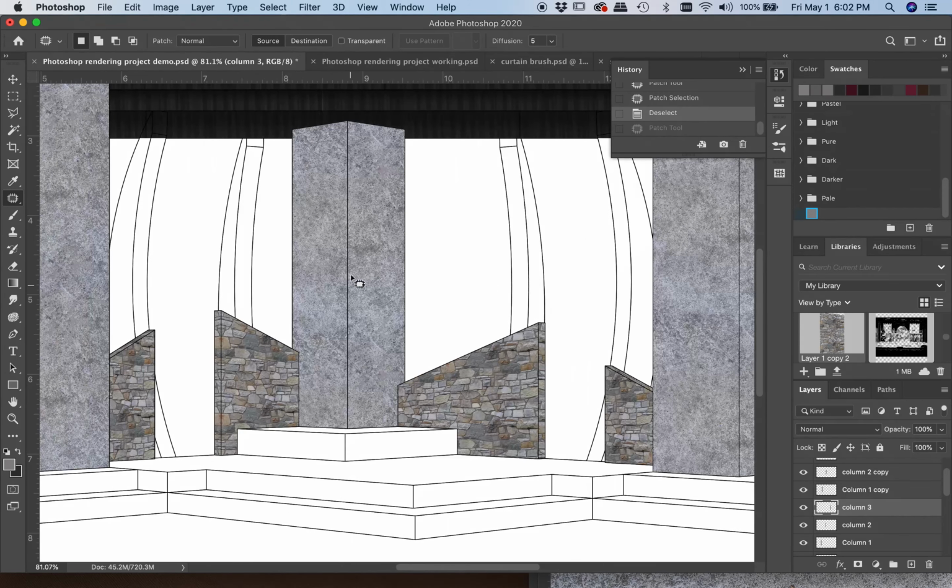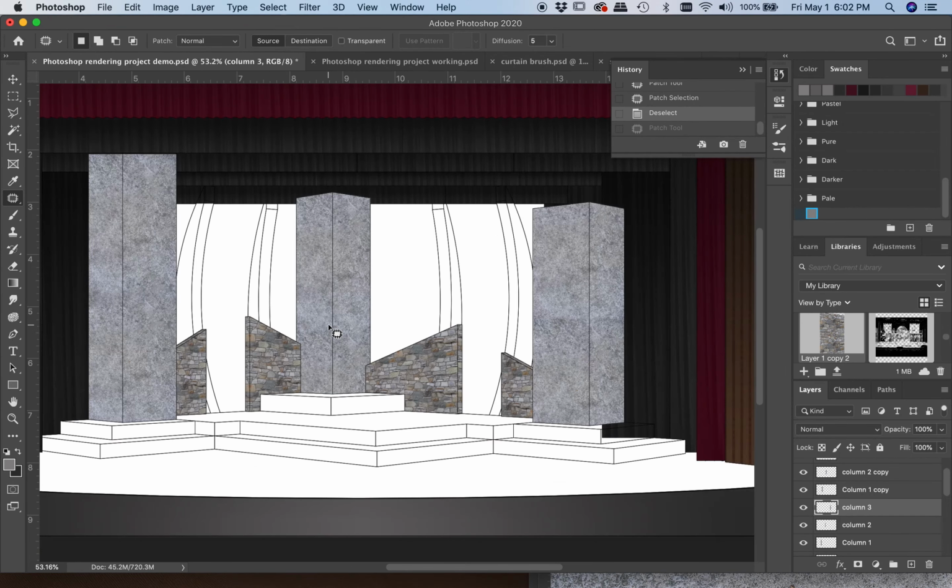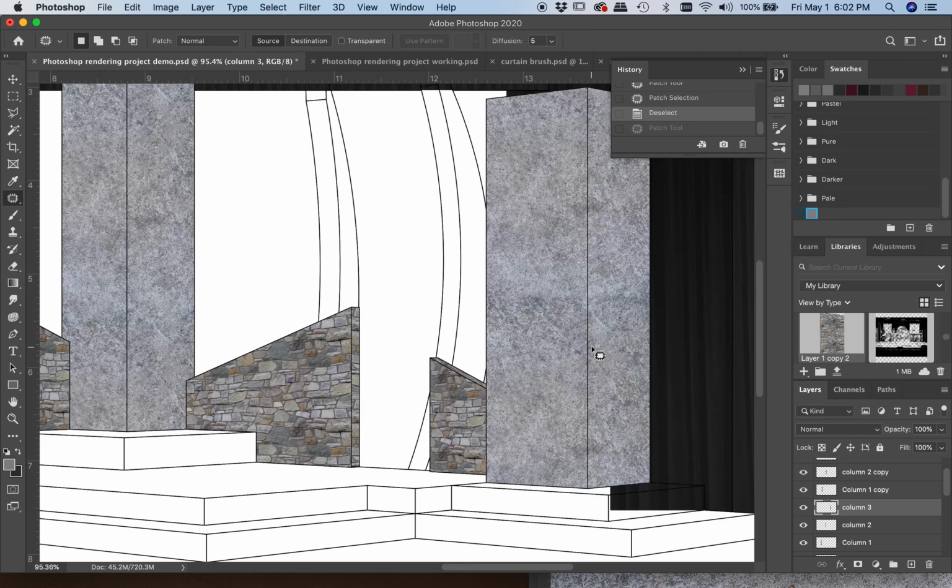Okay, so I decided that I was really not crazy about those lines that were showing up in my image. So I went back and I reapplied the patch tool in a slightly different way. Rather than making a rectangular selection and then using that, you can actually make a selection with the patch tool itself. So without anything selected, see how it's got the little arrow connected to it? So I made it much bigger of a selection, and that's going to give me a different or a larger